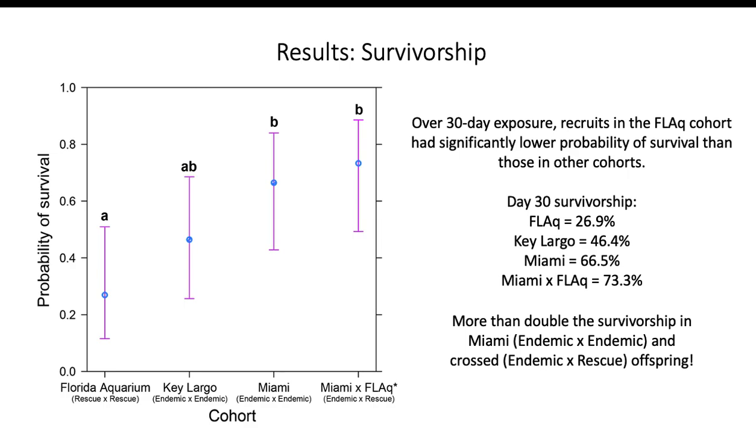We have funding to be able to do genetic analyses on this cohort that is Miami times Florida Aquarium, but for logistical reasons, we haven't been able to do that yet. So I can't definitively tell you that those recruits are for sure having one parent that's endemic and one parent that's rescue. We did do a no sperm control, of course, and we found less than 5% fertilization in that. So I'm pretty confident that these recruits are what I think they are, but I can't give you these results without giving you that caveat,